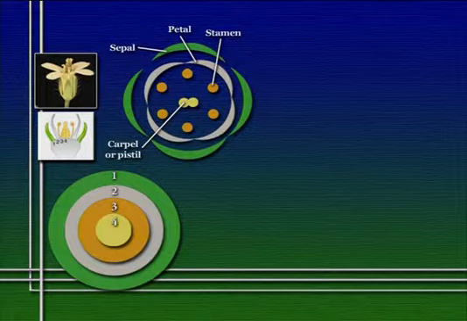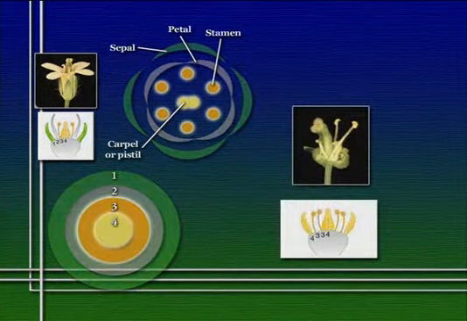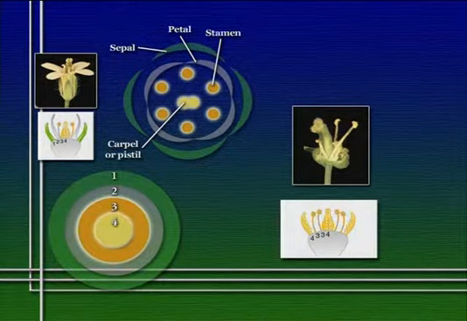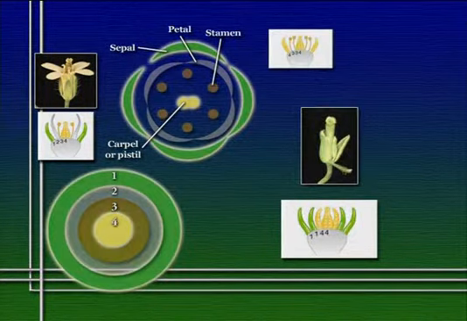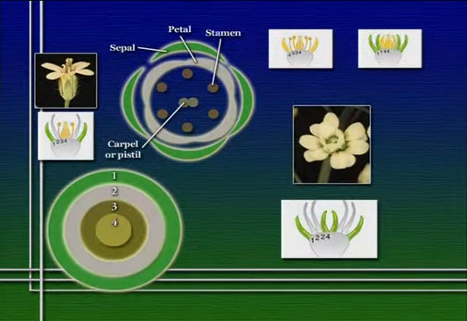The first insight into how this happened actually came from studying mutant strains of plants that had malformed flowers. For example, in the Arabidopsis plant I mentioned a moment ago, there are 3 such classes of mutants, with each of these classes being characterized by lacking 2 out of the 4 types of organs that make up a normal flower. One class of mutants, for example, has only stamens and carpels, lacking sepals and petals. A second class of mutant has only sepals and carpels, lacking petals and stamens. And a third class has only sepals and petals, lacking the stamens and the carpels.